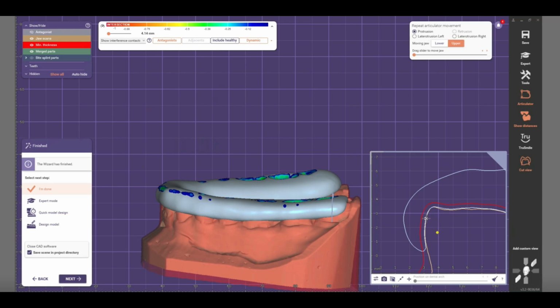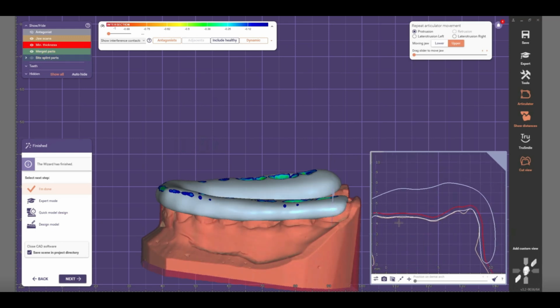So we want to check the thickness of the night guard. The thickness of the night guard wall is from there to there. That's the wall of the night guard. The wall of the night guard is roughly 1.5. We kept it at 1.8, but since you've been playing around, you've been smoothing, it sometimes takes away some of